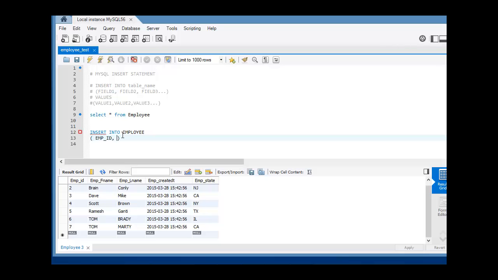Here it's employee ID, employee first name, employee last name, employee create date, and then the employee state. So these are the columns in your table, and then you give all the values. So the employee ID here is 7, so let's make it 8, right? And the first name is, let's call this person Gareth Leonard,